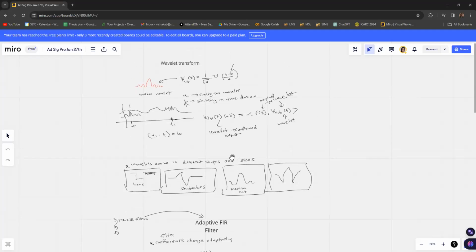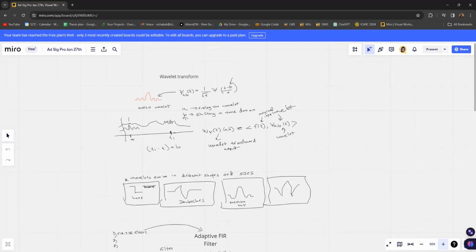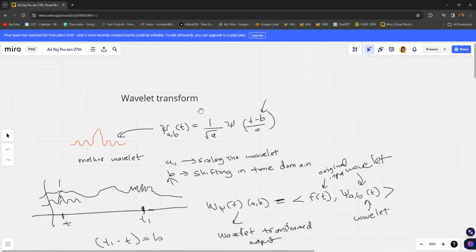So, the wavelet transform section, I think we covered in the last class, where we looked at how the wavelet transform can be used to analyze non-stationary signals, and in there we are using a certain basis function. That basis function is a small part of a wave, which we call a wavelet. That wavelet we can define using this mathematical equation. This wavelet we can denote as a certain basis function, or a small function,